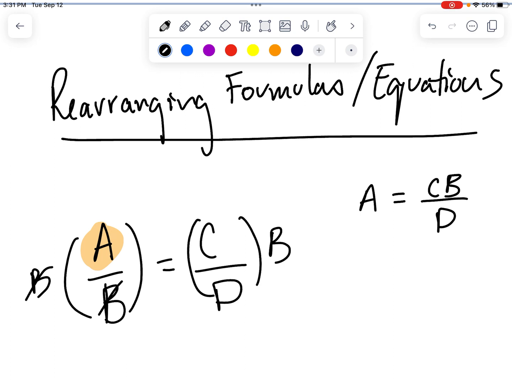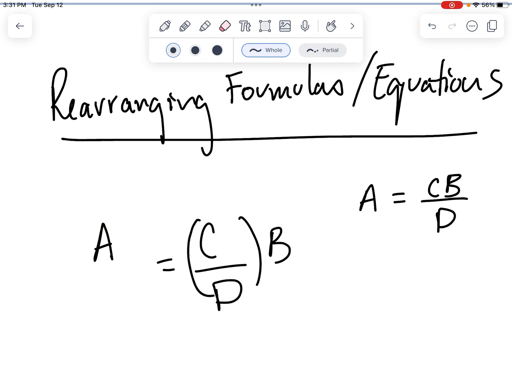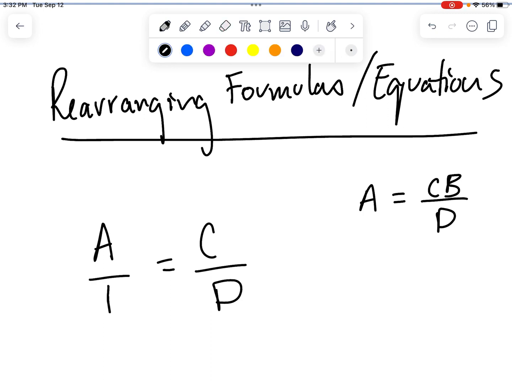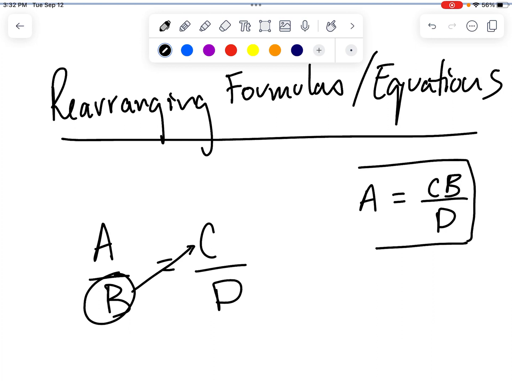But I'd like to be able to do that a little bit more efficiently. And so we're going to take a look at this in slow motion. If I'm taking b to the other side of the equal sign, you'll see that the b, as it crosses the equal sign, goes from the denominator to the numerator,